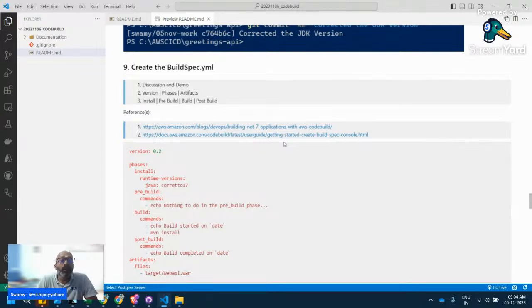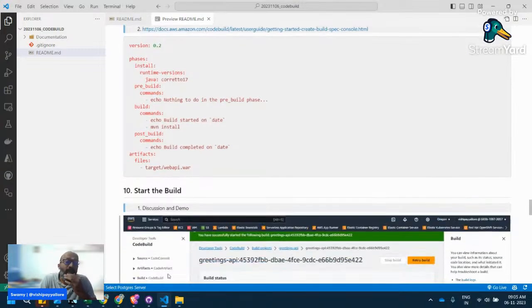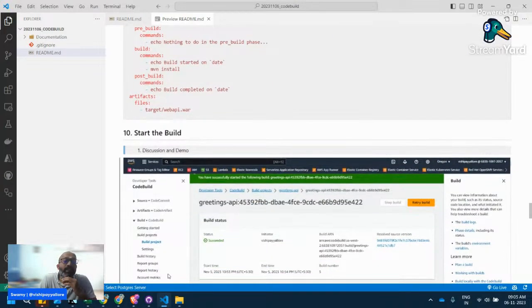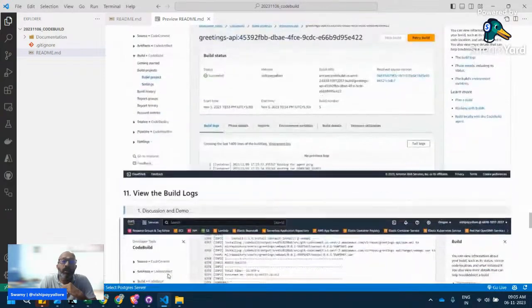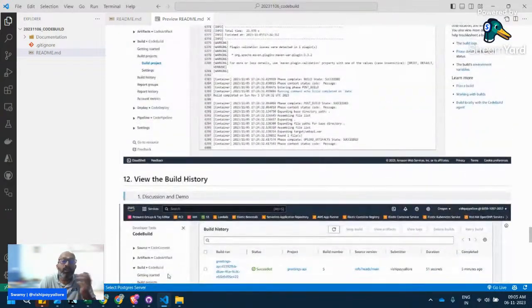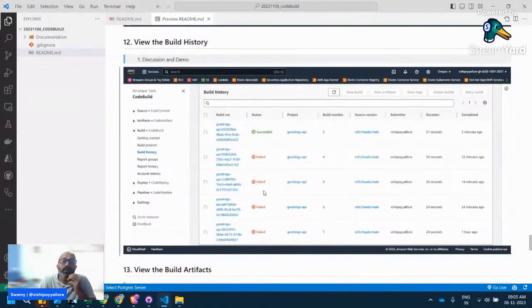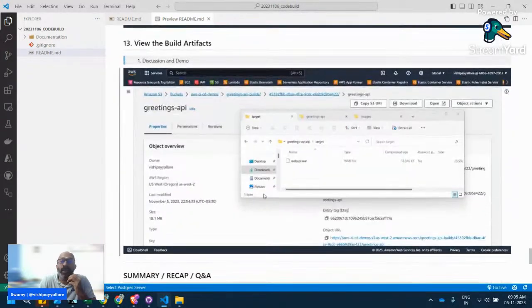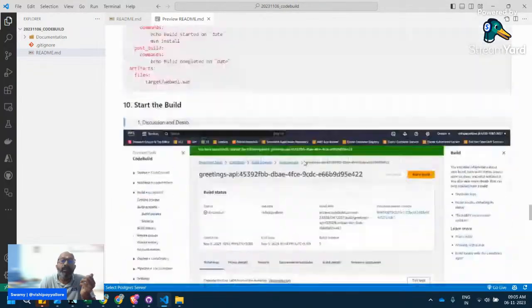At least for today, what is needed is three key pieces. One is version, the other is phases, and the next is artifacts. We will break things, and then we will learn from that. Okay. And then we'll see how to start the build, where we can watch the logs, and how we can go and see the build artifacts, how the artifacts are getting generated,